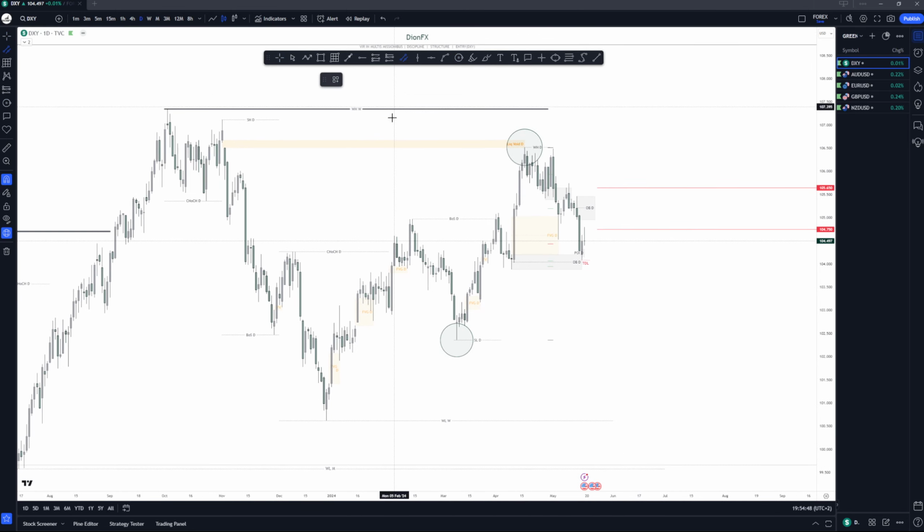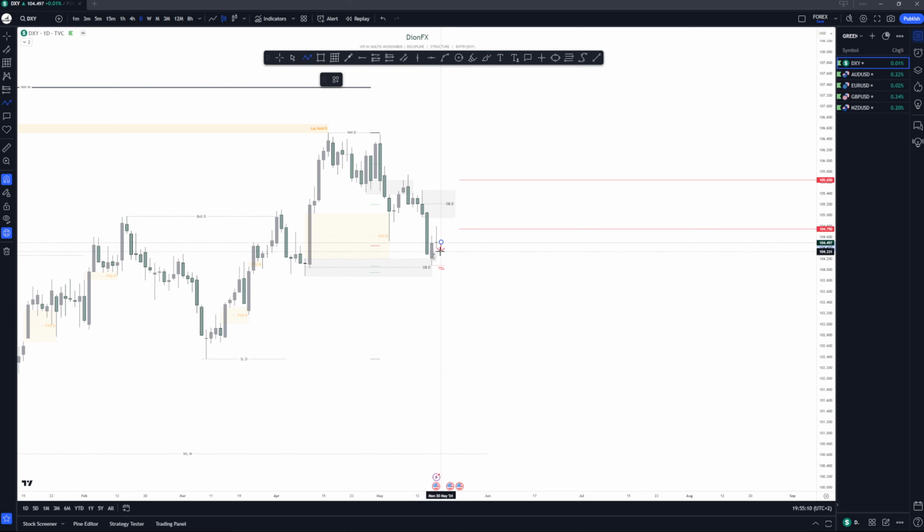And we also have this kind of parallel channel that is literally pushing price to the upside. I don't trade trend lines and stuff like that, but I use it as some kind of confluence, right? And with everything aligning together for me, I would like to see price push to the upside next week. What I want to see is price either come into this daily order block, we open the week and then we push from here to the upside. We come inside of this order block and see what price will be doing.